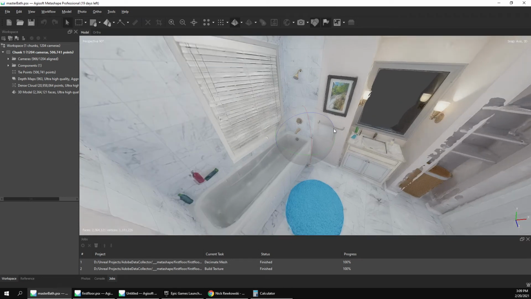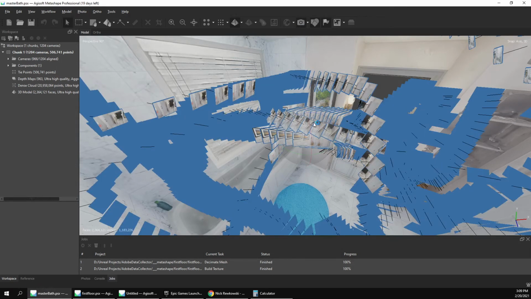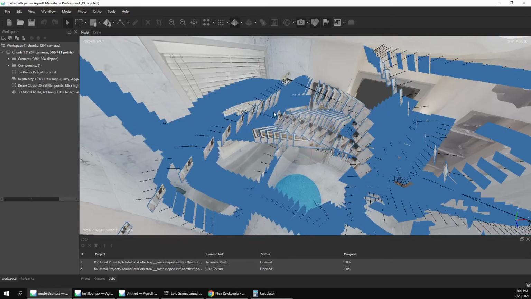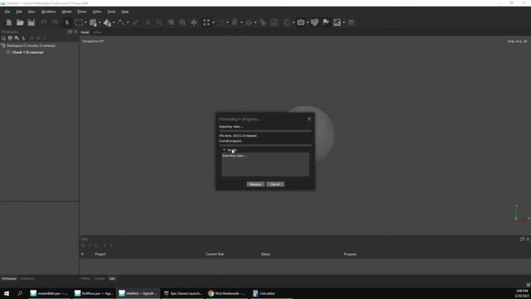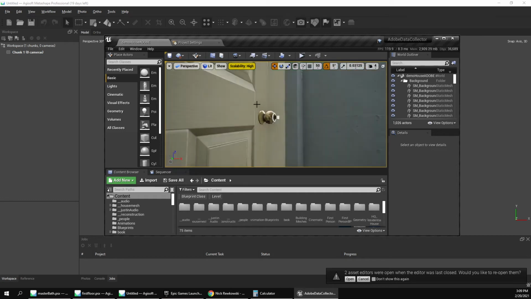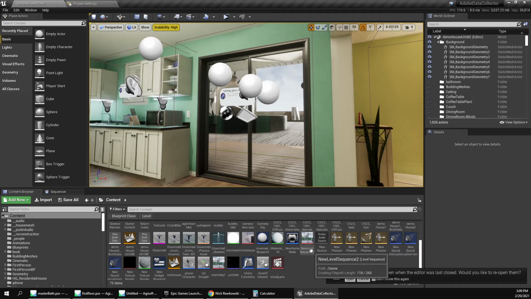But this was generated from Unreal too. I'll show up in Unreal again, just to show you the source data for this. Metashape doesn't seem to be doing anything. But anyway,